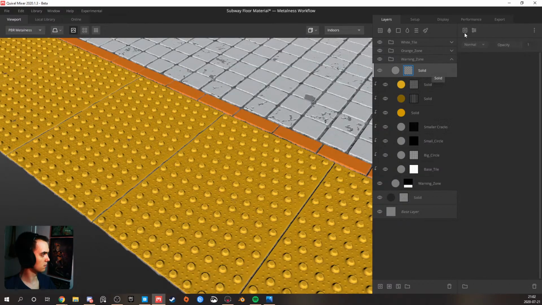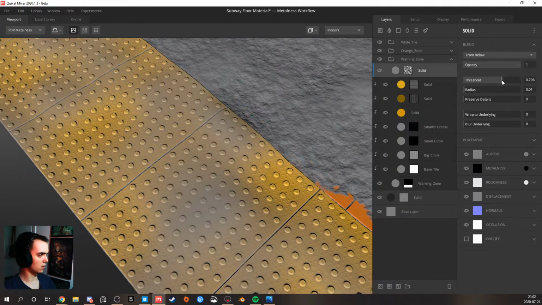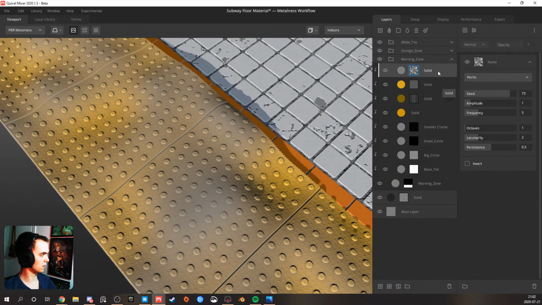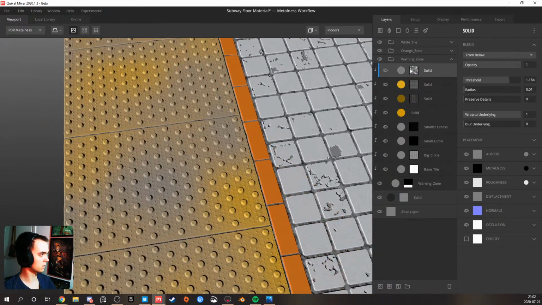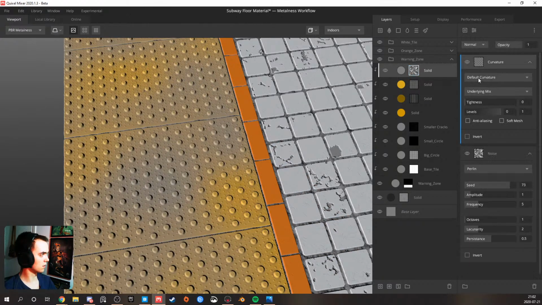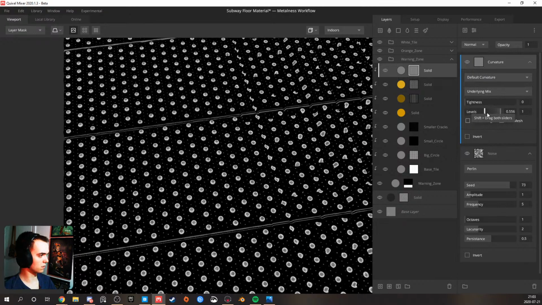Next that. Put some basic color. Go there. Just wrap. I'll just add a curvature. Right, we know what is curvature, right? So what we'll do is just